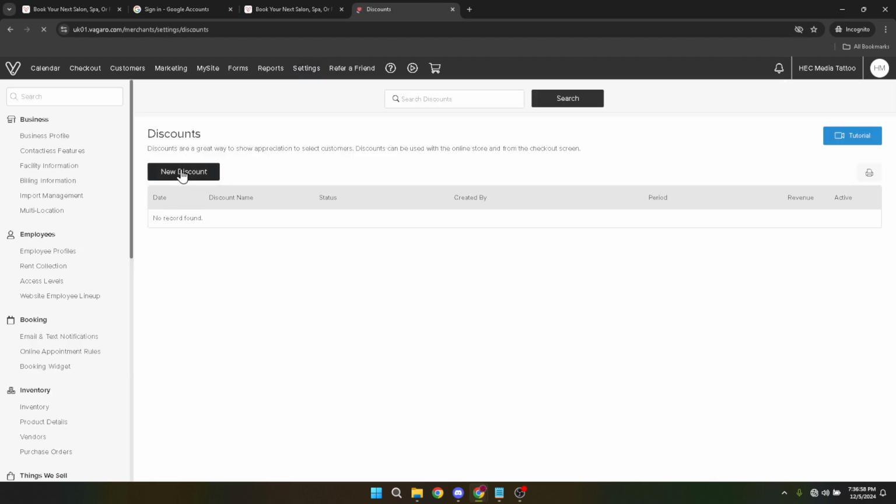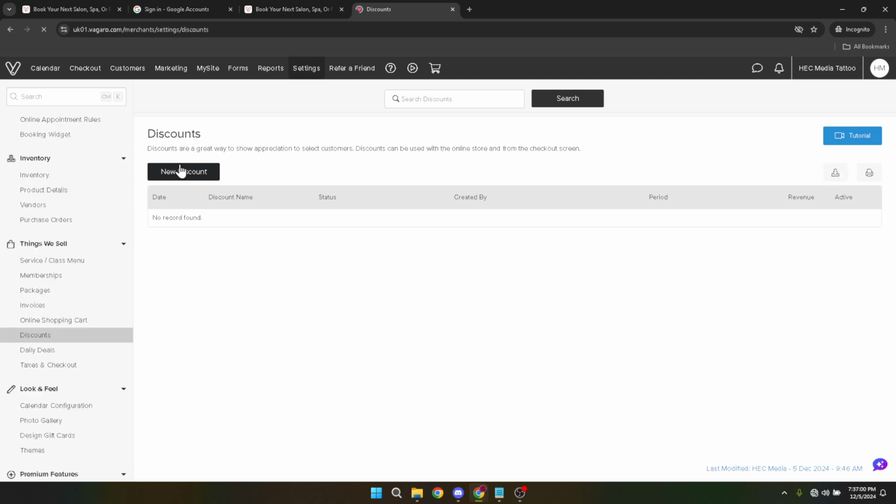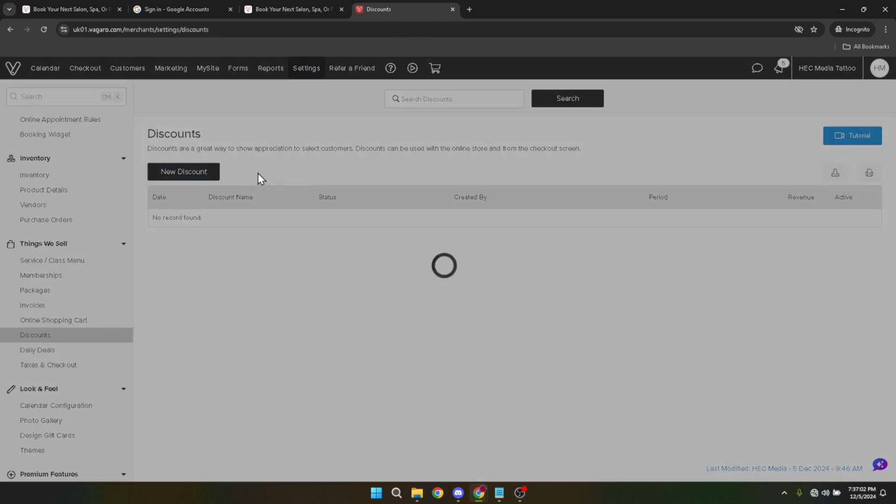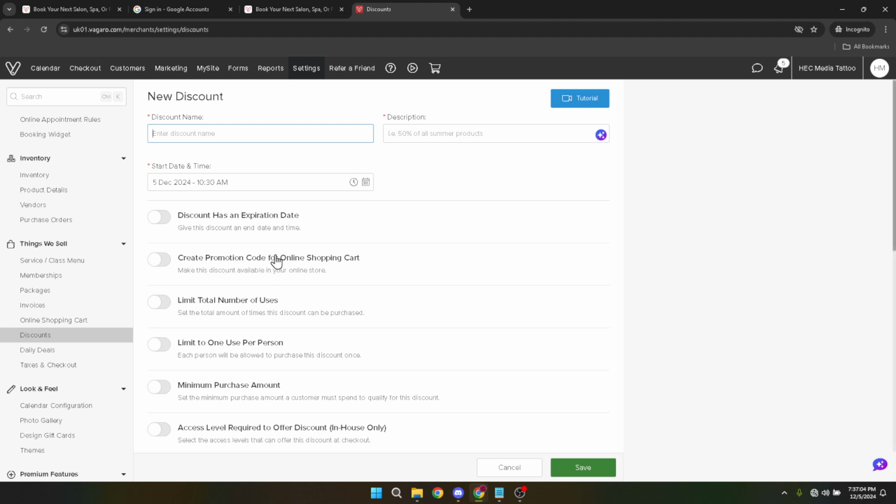Next, you'll need to describe your discount. This is crucial. A good description not only informs but also entices your customers. Explain what the discount offers, any terms and conditions, and why it's an opportunity not to be missed. Now add any relevant brand and details necessary to clarify the discount further. This can include specifics about the products or services the discount applies to, making it easier for your customers to understand what's on offer.